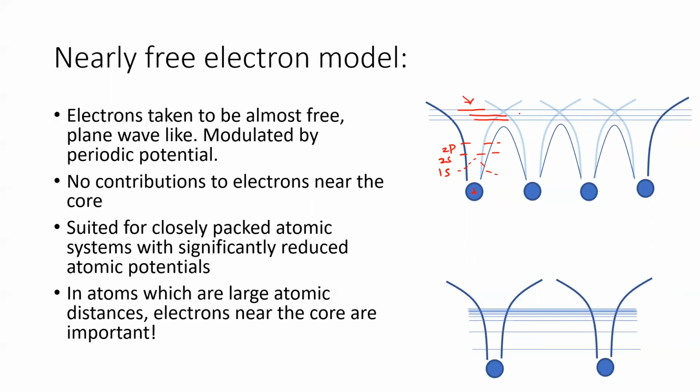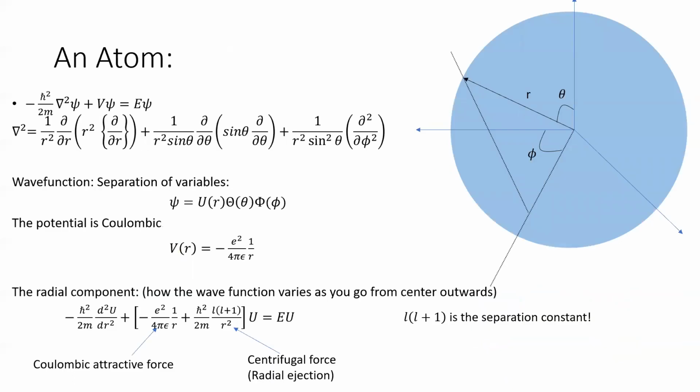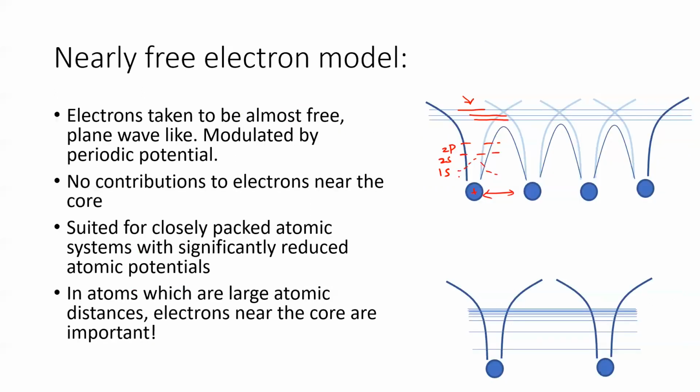So while this model is relatively true when the atomic distances are small, the potentials are very small, and most of the electrons which are conducting, which contribute most of the electrical properties, happen to be in the conduction band. But in situations where the atomic distances are large and the conductivities are small, then you will have contributions from the atomic orbitals, and that is what we will see. We will see another equivalent method which can also show an existence of band gap, which is called tight binding. But before we go there, let's talk about the atom first,